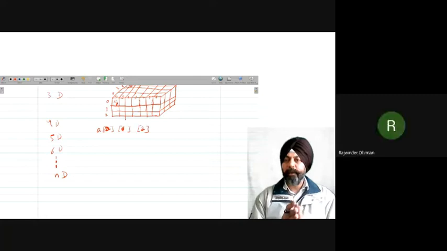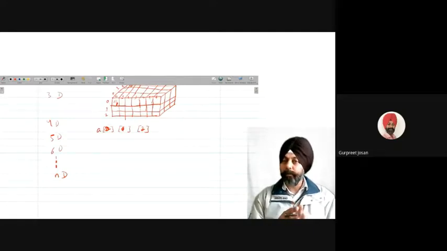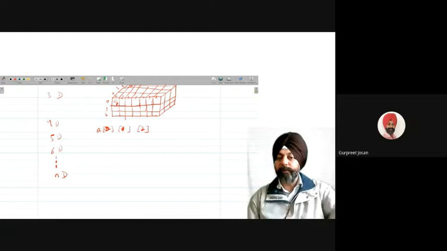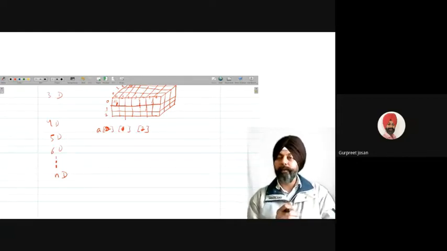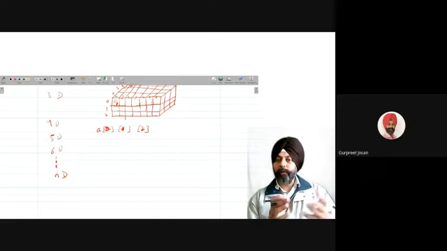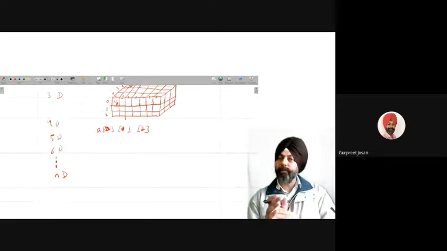Sir, the scale factor will always be 4 for integer? That depends upon the language again. Different languages have different data type storage. For example, in C language, integer is 2 bytes. But for Python and Java, the scale factor for integer is 4 bytes. So again it depends on the language. Because we are covering Python, for Python the scale factor of integer is 4.